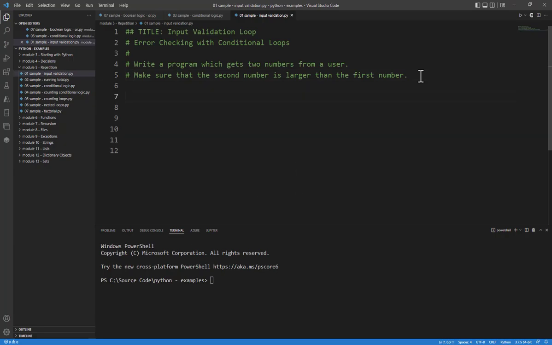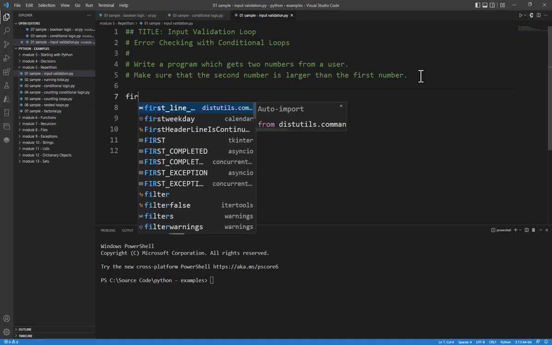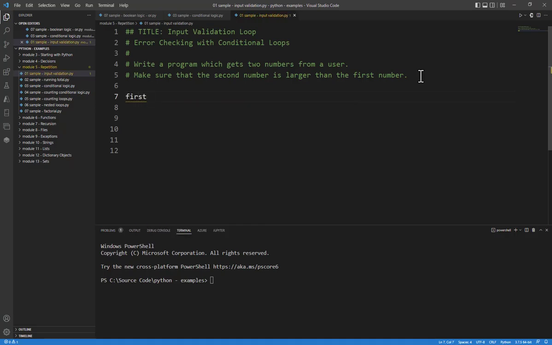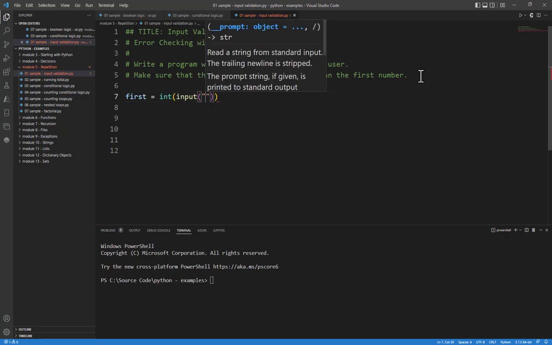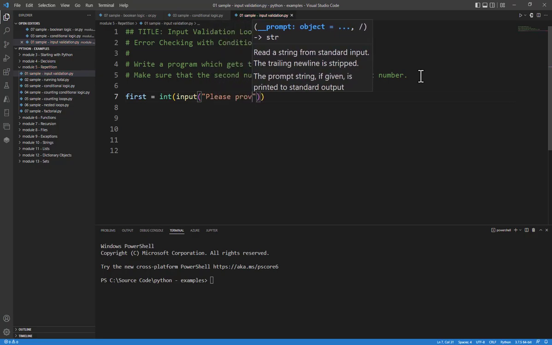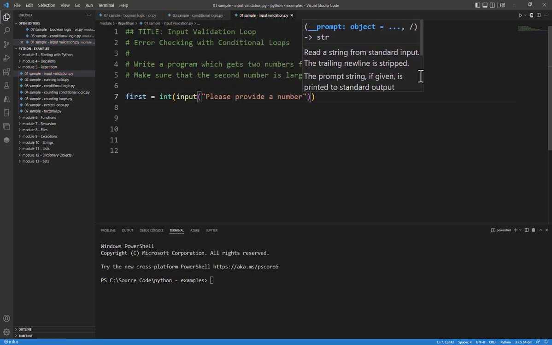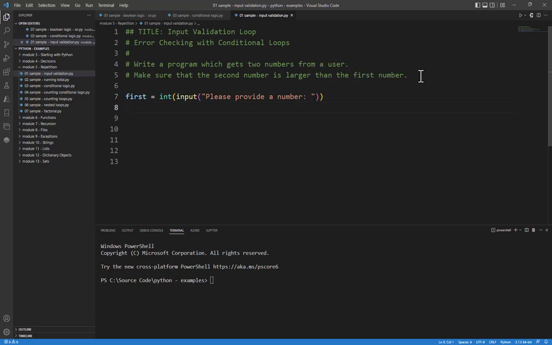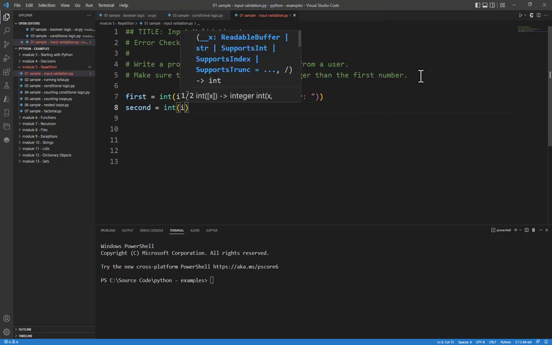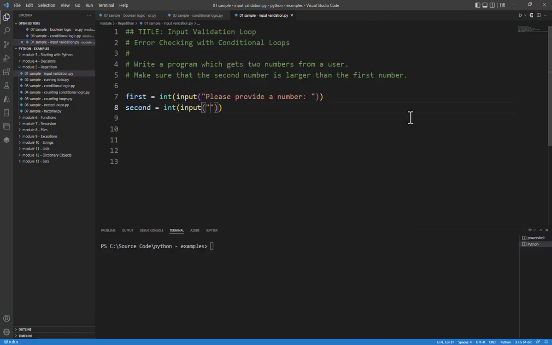The first thing I need to do is get my very first number. So I'm going to call this first, and I'm going to assume that we're just getting integers. So I'm going to say equals int input, please provide a number. Then we have second equals int input. For my second prompt, I can say please provide a number larger than, and I need to put in that